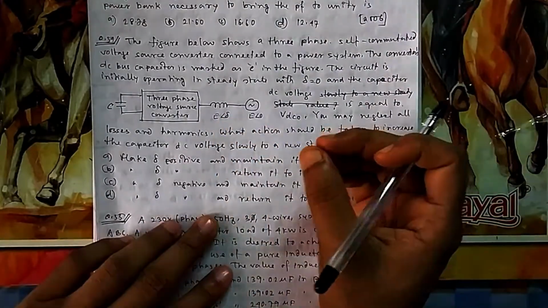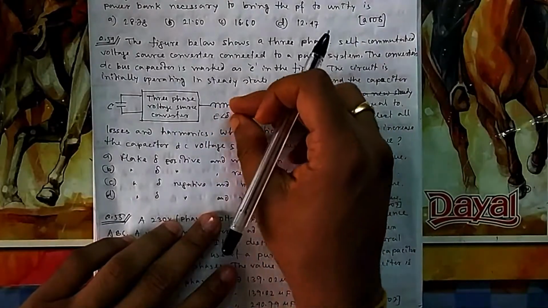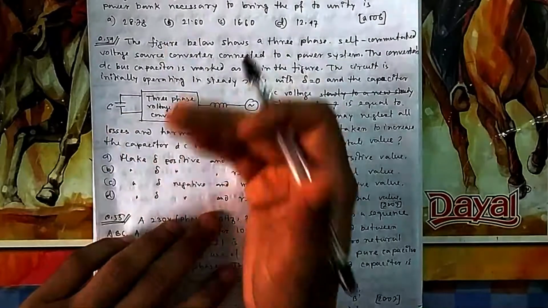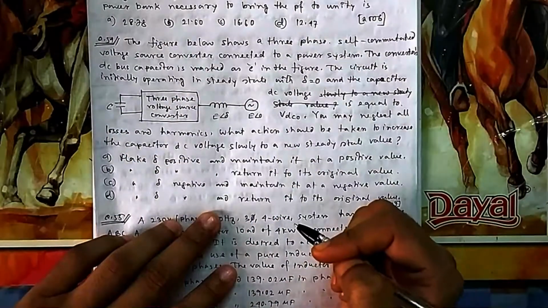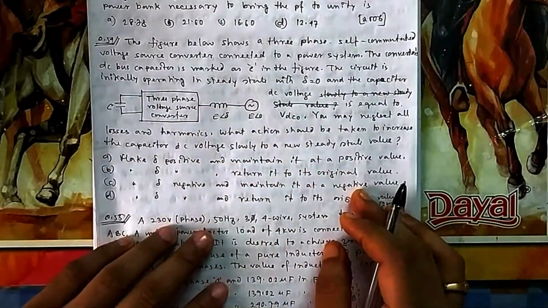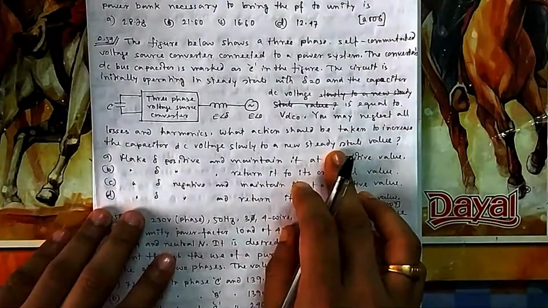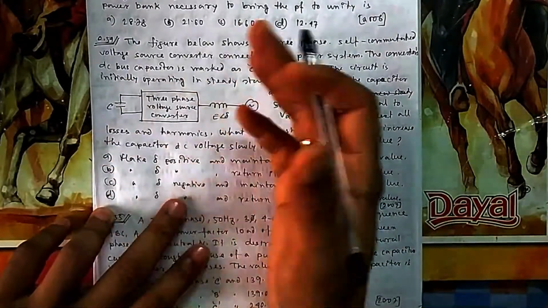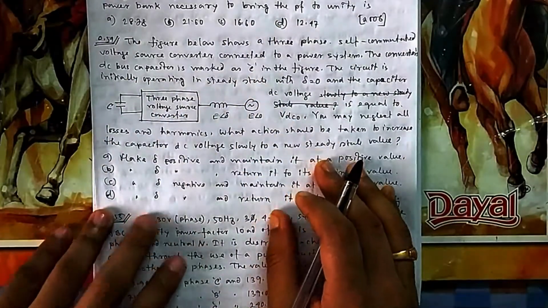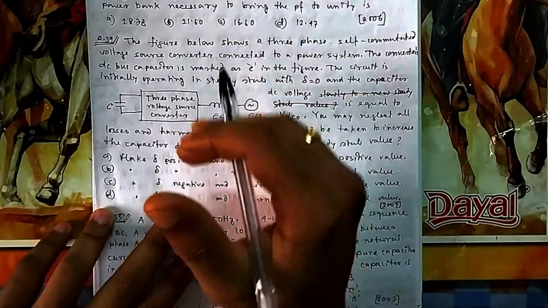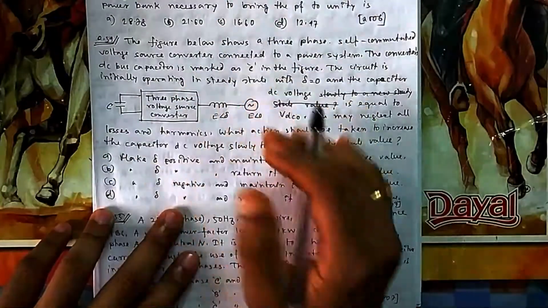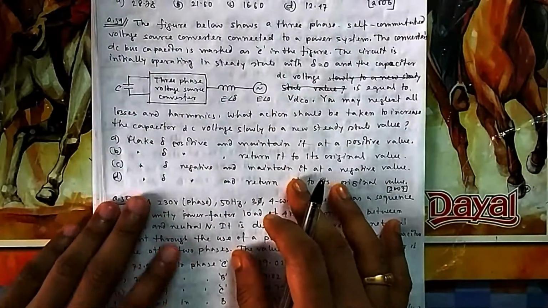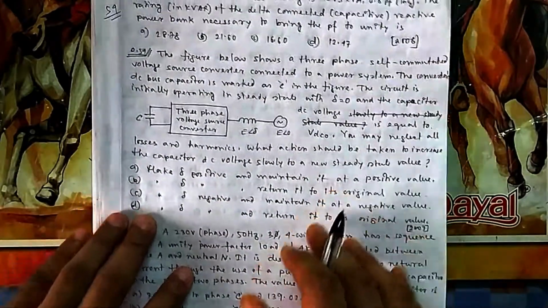If you slowly make delta negative, some power will be thrown to this side. That power will automatically increase the voltage to a new steady state value, and then you bring delta back to its original position. Slow, because you need to attain a new steady state. Because if you keep it there, it will be continuously increasing. It will not attain the steady state value, because you want to fix it at some value. From 10 to 15 you want to go. At 15 you want to stop, so you have to return to the original value. Otherwise it will keep on increasing. So that is your option D, 54.